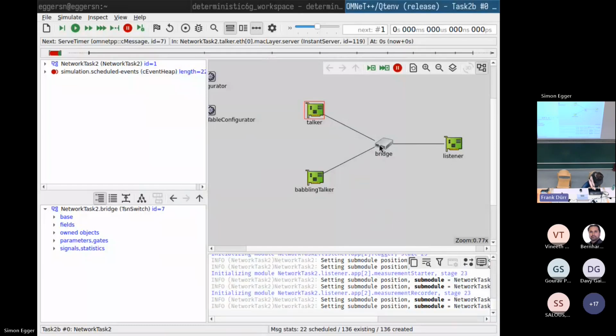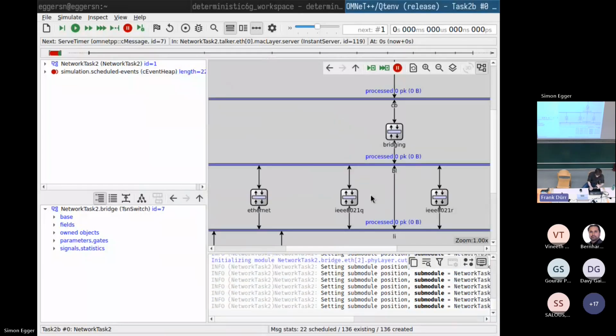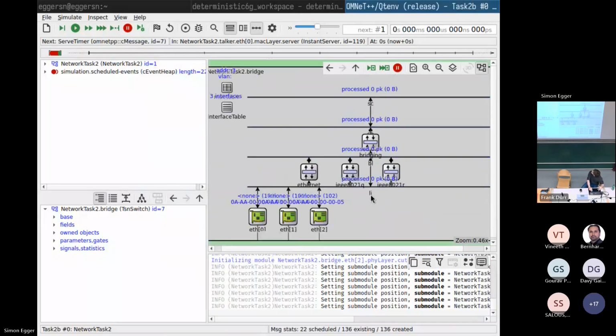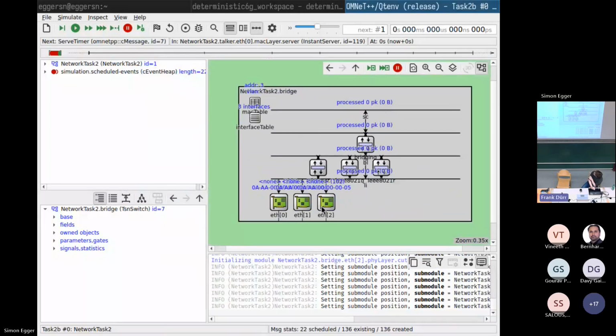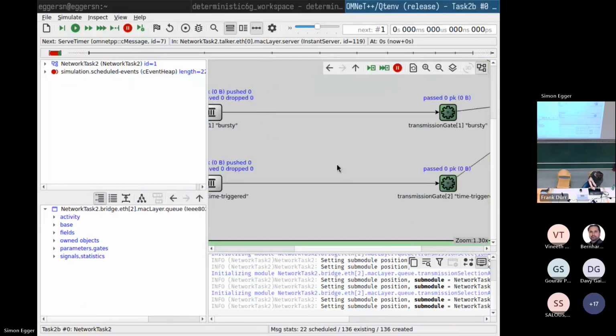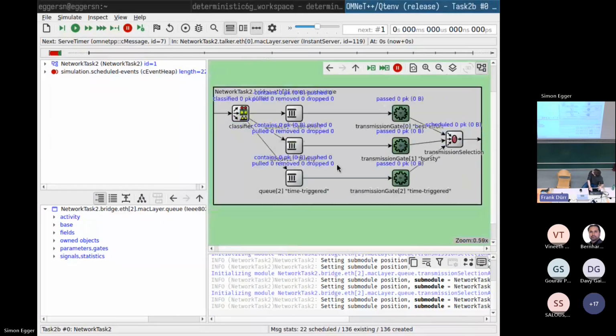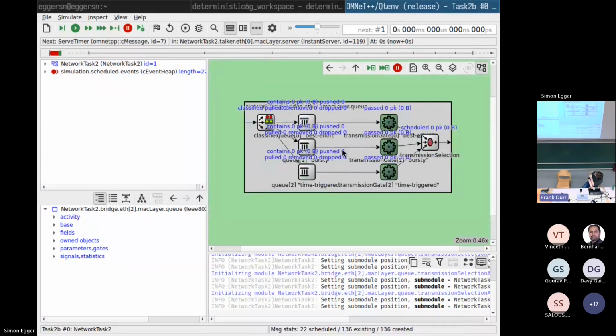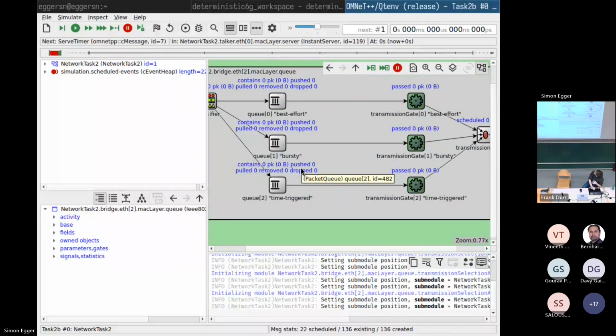And now if we click on the bridge, click on Ethernet 2, MAC layer queues, and zooming out again. Here we would then have the view of before. So when we now click on run,